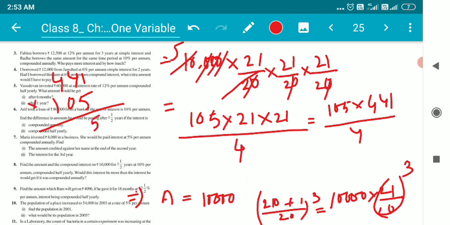5 ones are 5, 5 fours are 20, 0, 2 will be carried, 5 fours are 20, 21, 22, so 22. So all will be 0 here, 0, 0 and 0. Again multiplication, 1 ones are 1, 4 ones are 4, 4 ones are 4. So here it's 5, 0, 2 plus 1, 3, 4 plus 2, 6, here is 4.